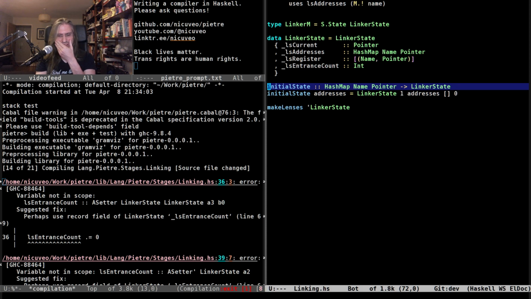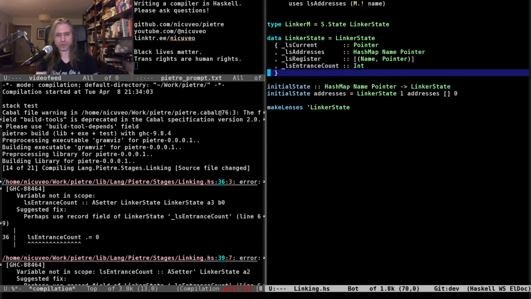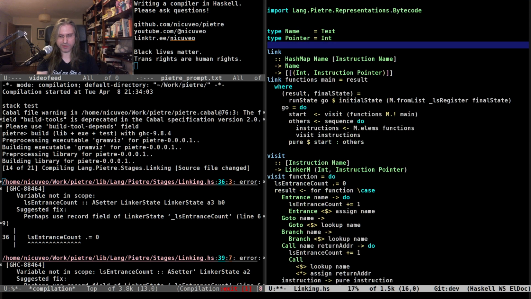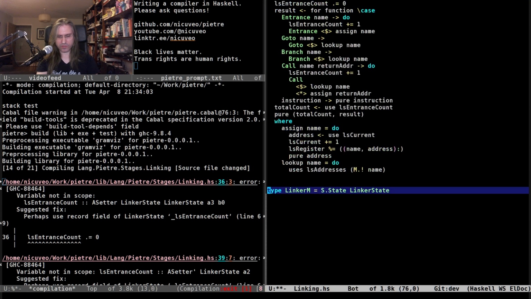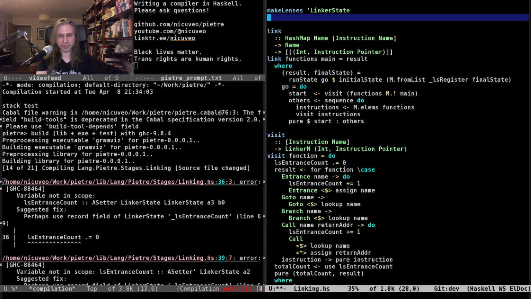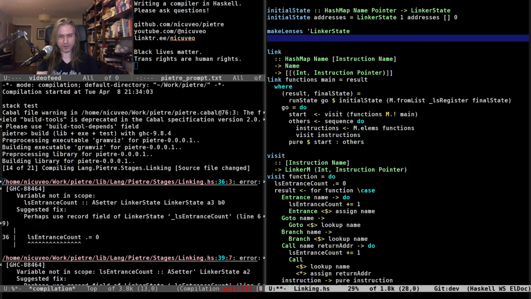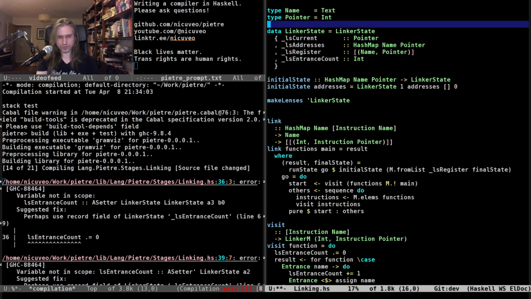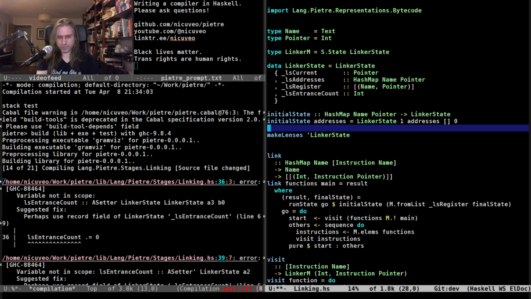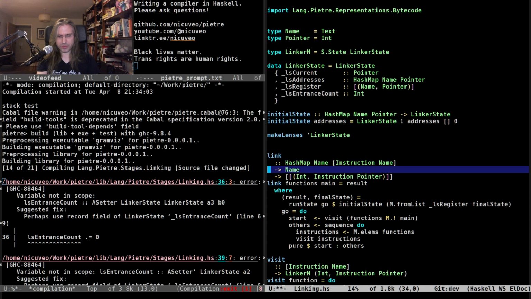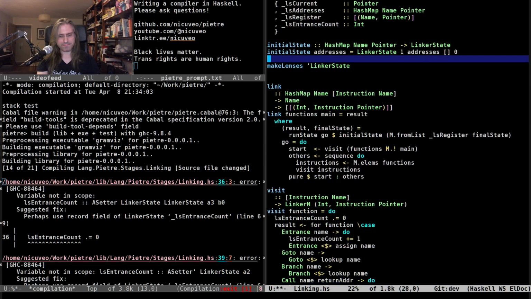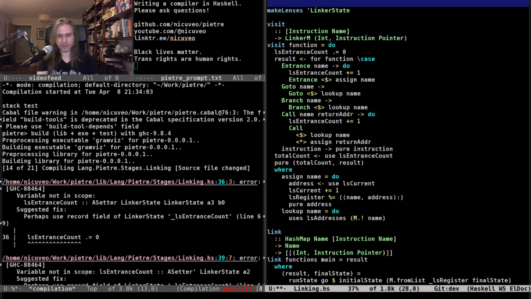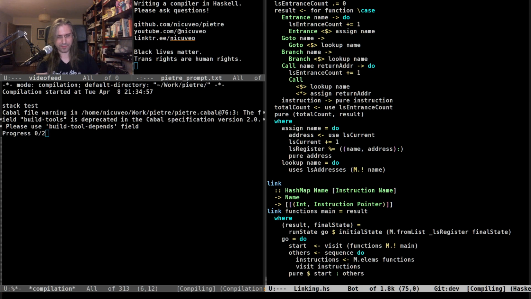But since they're declared here, since I want to use them in the functions, I might need to move... This is annoying. I'm gonna need to move this here. Because again, suddenly the order of declarations matters because of template Haskell. So I think I can probably... No, I need... So I'm gonna have to do this. I don't like to do this, but I have to declare them in this order. Okay.